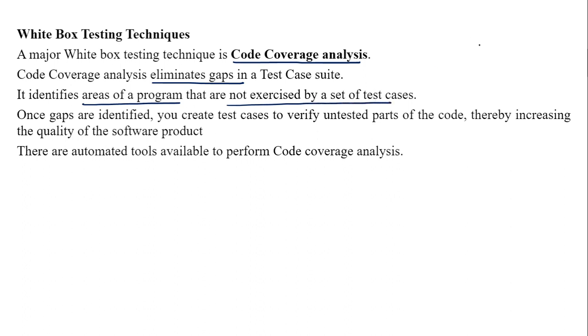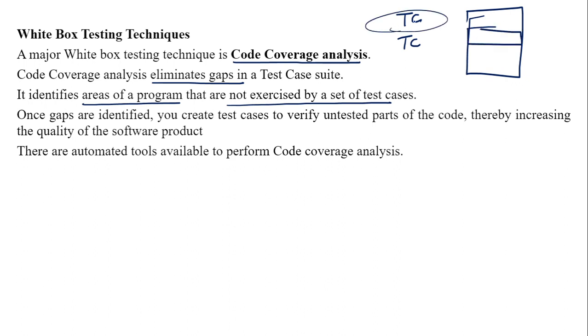कभी कभी क्या होता है, what happens is that whenever we have a software with us, ठीक है, sometimes we design test cases but certain time, मतलब बहुत rare भी होता है ऐसा कि certain parts of the code are not touched by these test cases because one is not aware about कि टेस्ट केस मान लो यहाँ पे एडिशन का है, यहाँ पे स्क्वायर रूट है, यहाँ पे लॉग है, it will happen that sometimes any of the function gets missed. कोई टेस्ट केस है जो कवर नहीं कर पाता. So that part where the tester is not able to find out or tester has missed certain areas, that area of the program is being covered by this code coverage analysis.